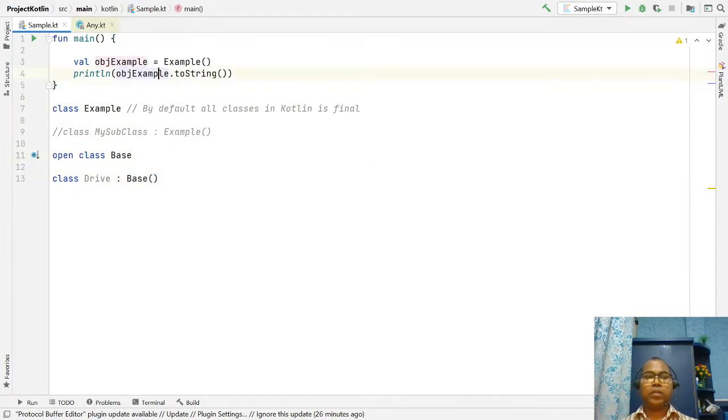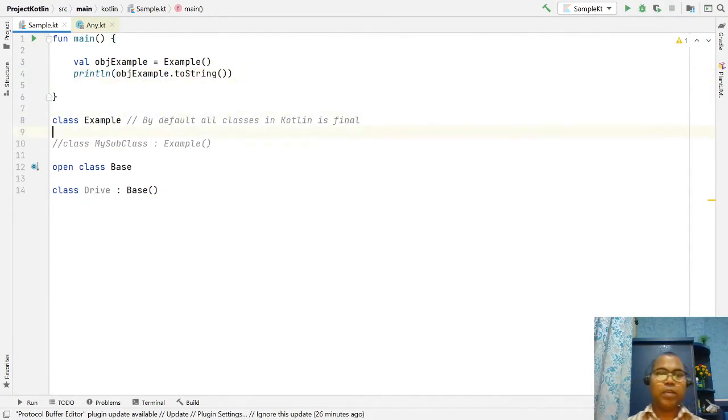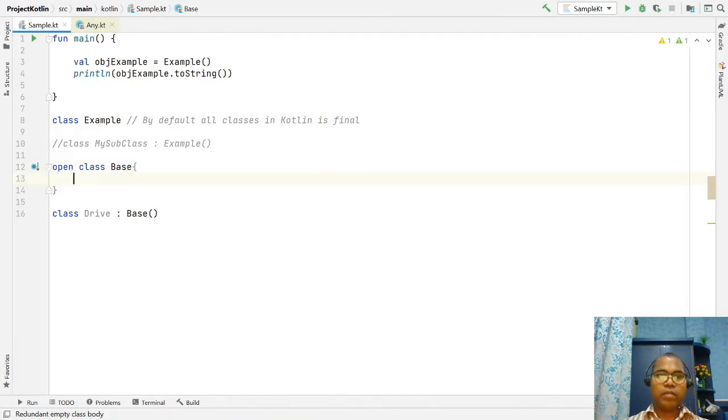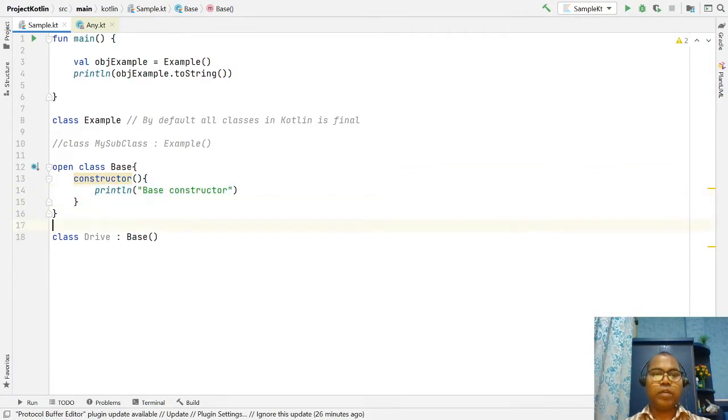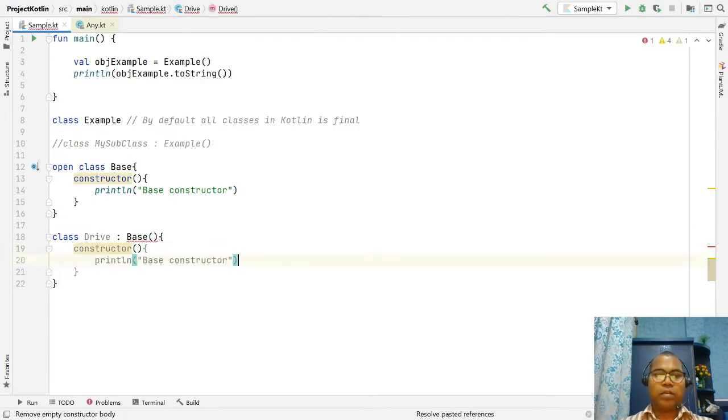So here let's write some constructors. Say the base constructor, and similarly you can write your Derive constructor.